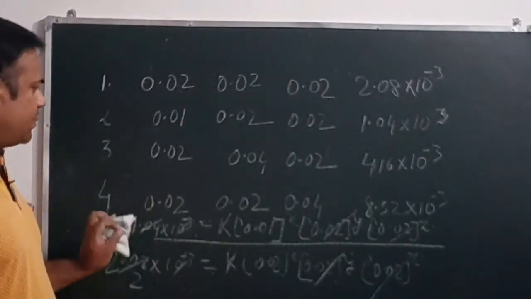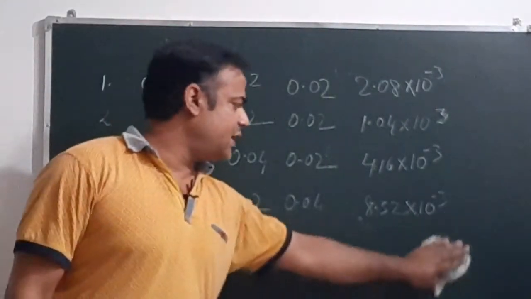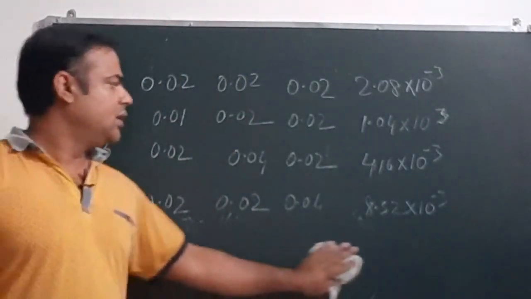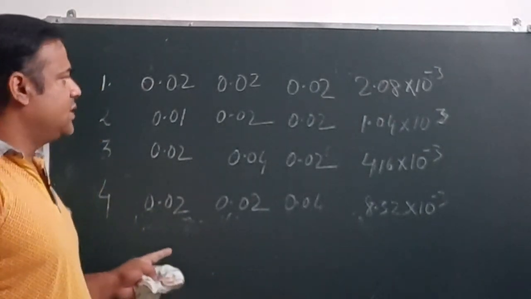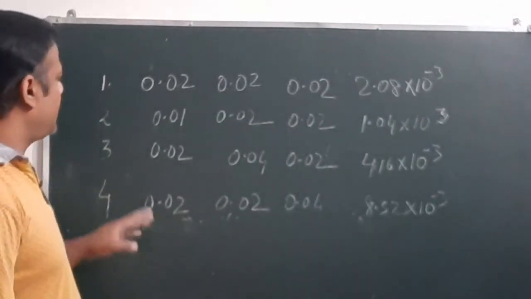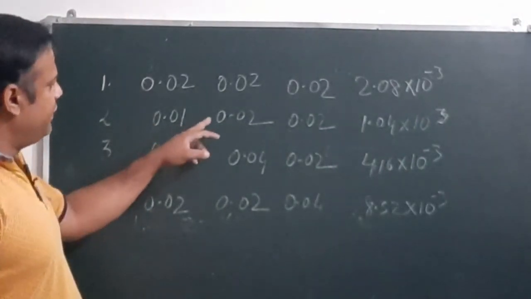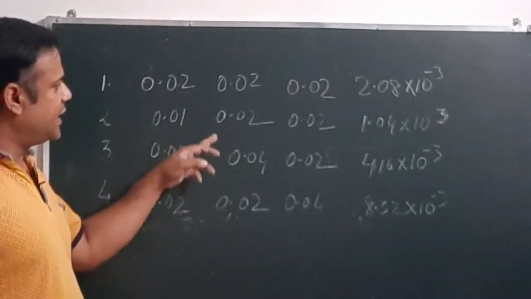Now if we have to determine the order with respect to B, then we have to select two experimental values in which the concentration of B is changing, but the concentration of A and C remains the same. So if we see the second and third experimental value,